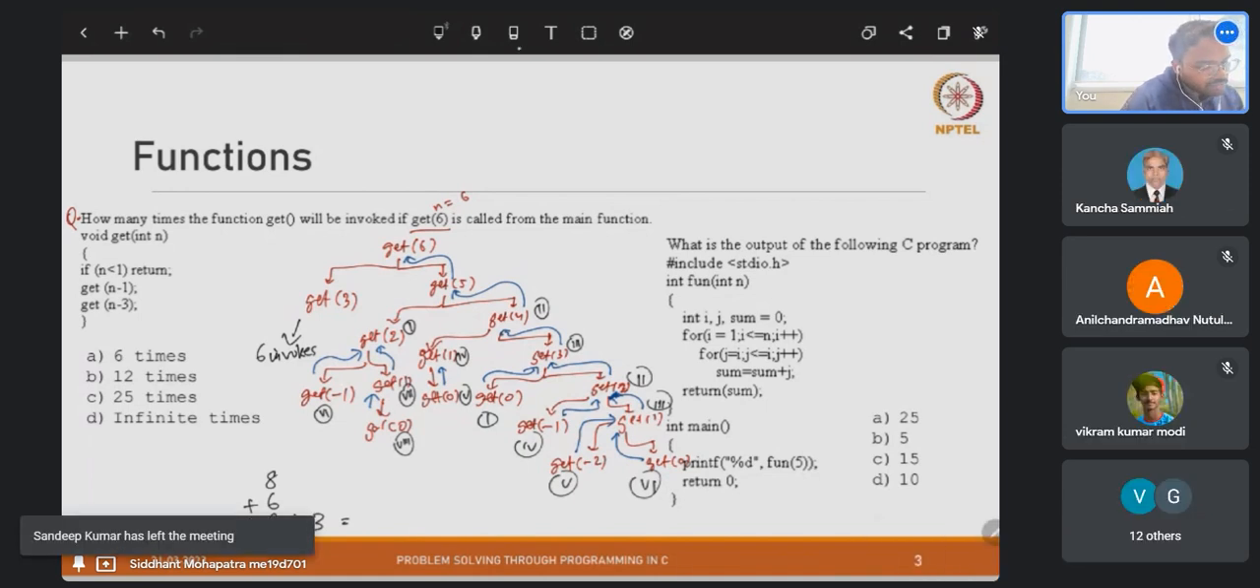Now let me just erase this one, we'll calculate fresh. Okay, and let us calculate from the top what is happening with the get of 5. So 1, 2, 3, 4, 5. Okay, just a moment. 1, 2, 3, 4,